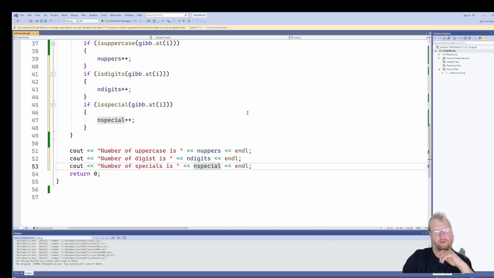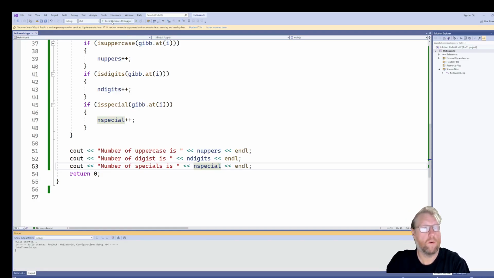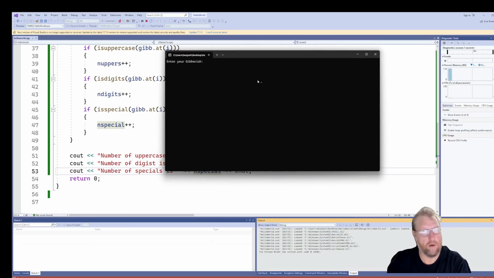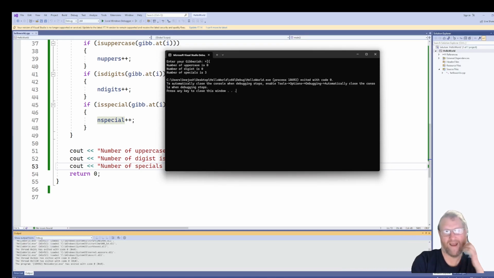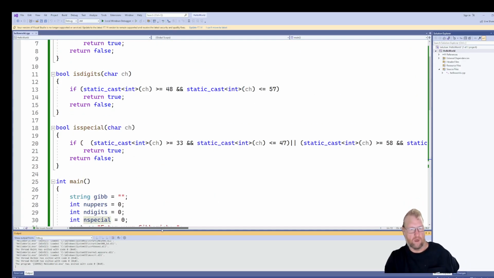Now let's just test the special character. Okay, I'm going to put in less a greater than. This is checking all the different spans that we have. Every single one of them. Let's just see if they hit. Yes, number of specials is 3. We're good. Okay, you guys can play with debugging on some of that and kind of look into Mr. B's crazy if statement